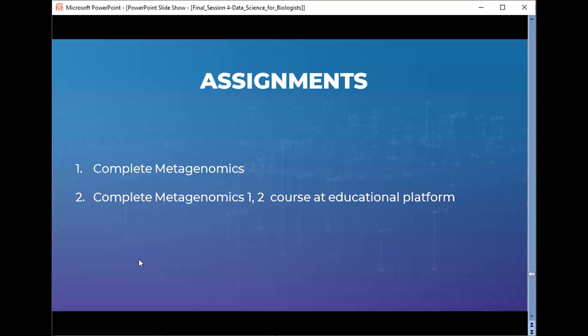What are alpha diversity and beta diversity, and what do they represent? These are explained in detail in the Metagenomics 2 course. So you can go through these courses if you want to learn about metagenomics in detail.